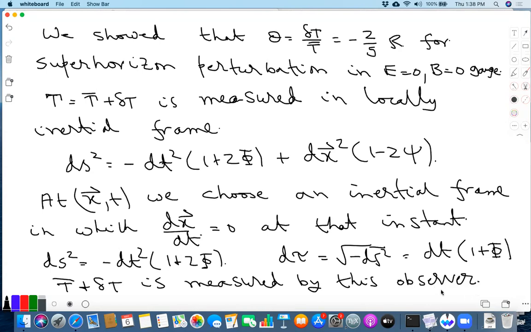And our task today will be to translate this to what we measure. Us sitting on the earth, what we measure, we will try to relate it to this T bar plus delta T. Are there questions? So the first thing that comes into play, and this I have already alluded to earlier, is the redshift. Let me just explain what the redshift is doing.